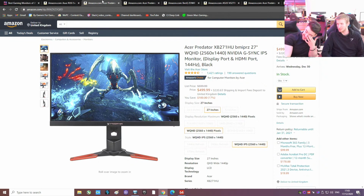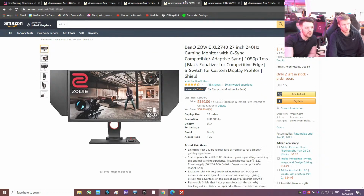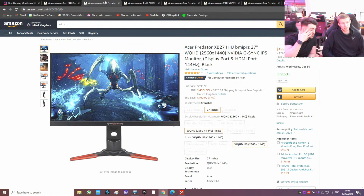What's the cheapest 144 Hertz monitor? The one we're using is pretty good. Yeah. The BenQ Zowie XL2411P is usually the go-to. Is that here? That's the 2740. I don't think it's actually open on here, but...